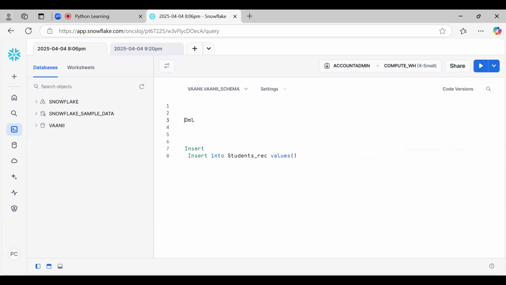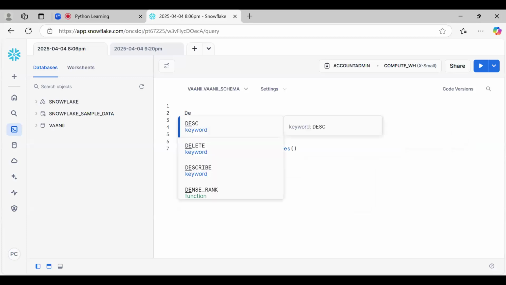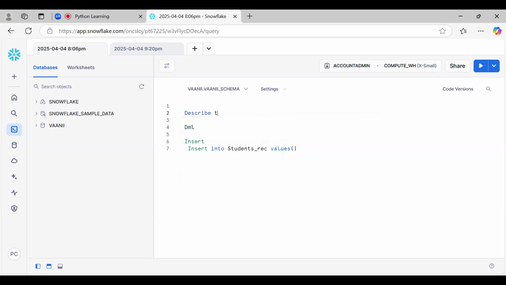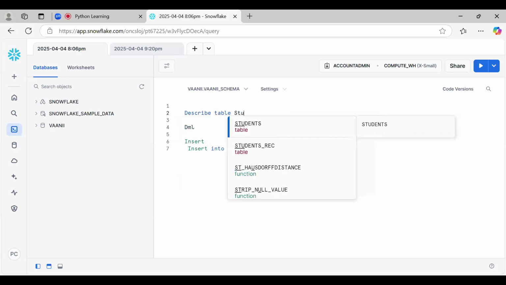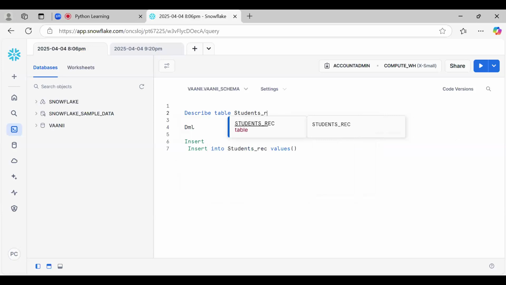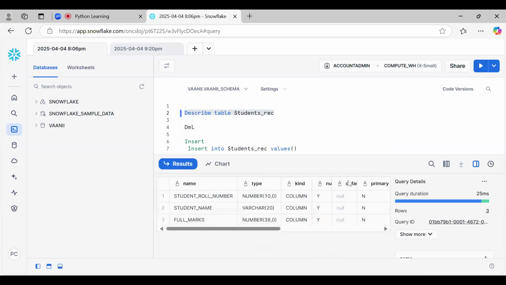We did some drop of the new column. Okay: student roll number, student name, and full marks. Student name we have to put in quotes because that is a string data type.